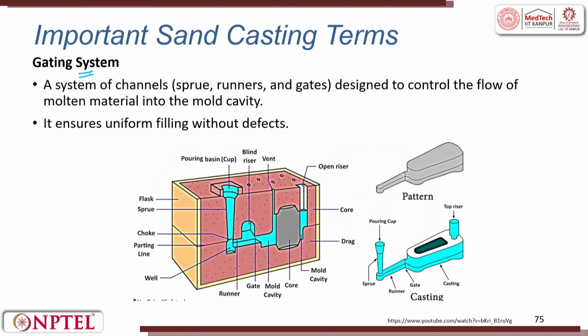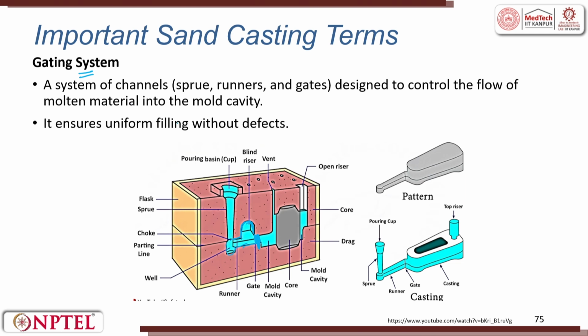Gating system. So, what is part of the gating system? Pouring basin, sprue is done. From here the sprue is attached to a well. From here there is a runner, and then at the entry to the mold you can have a gate. So, this is the gate. Gate is like the gate at the entrance of our house, where it enters the mold. In this example, you have given a blind riser, right.